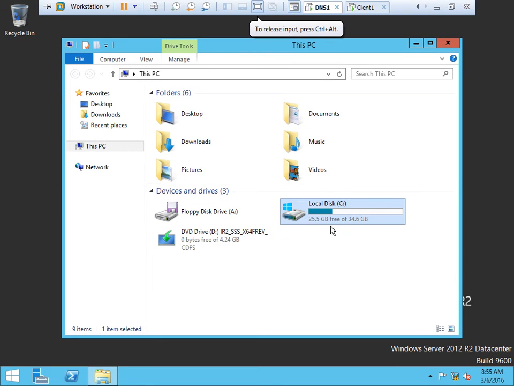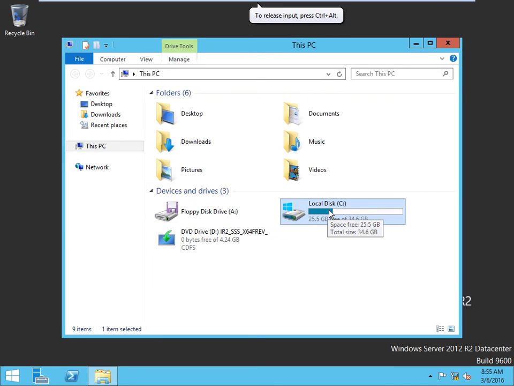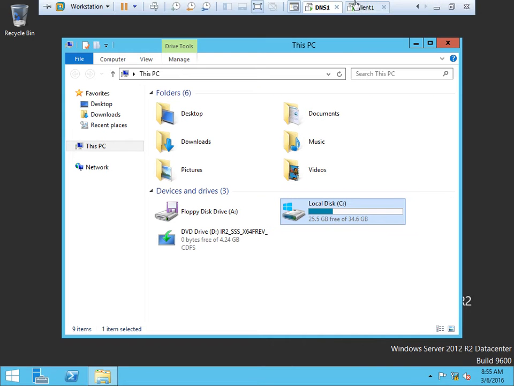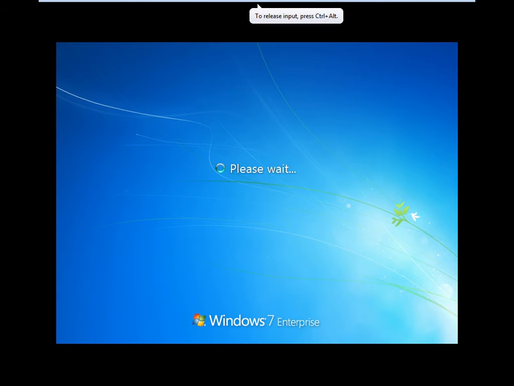This is my client. Wait for some time. Once it initializes, then we will log in. So here you can implement your quota on behalf of the drive we have given. The message is please wait, then we will log in with the help of user 1.